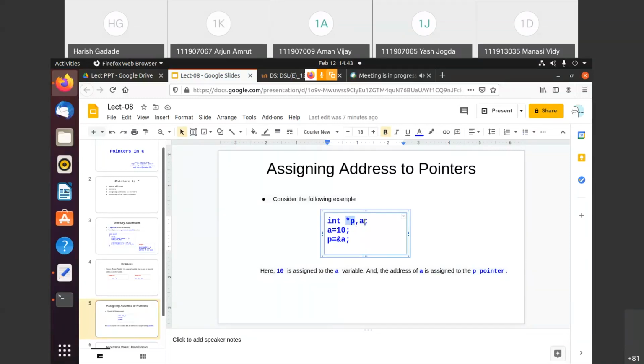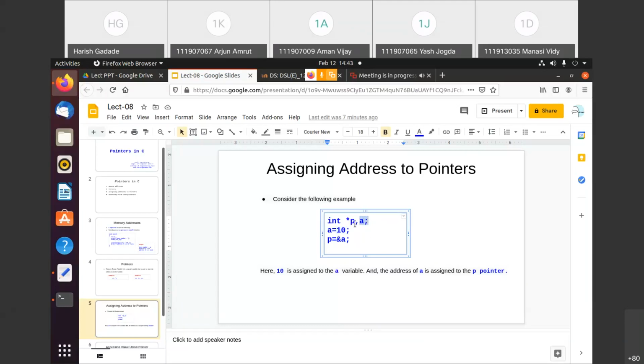So in this case, we are considering that the other variable is a, right? This is a normal variable. In this a, we have assigned a value like 10, right? This 10 you can hard code or you can accept it from the user. So this is the value. This is not the address. Keep in your mind that 10 is the value, not the address, because a is a normal variable.